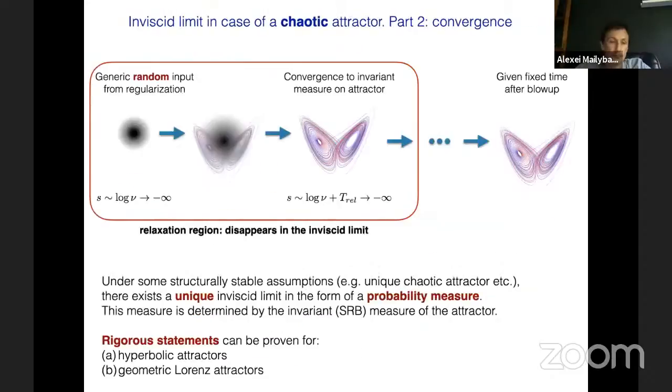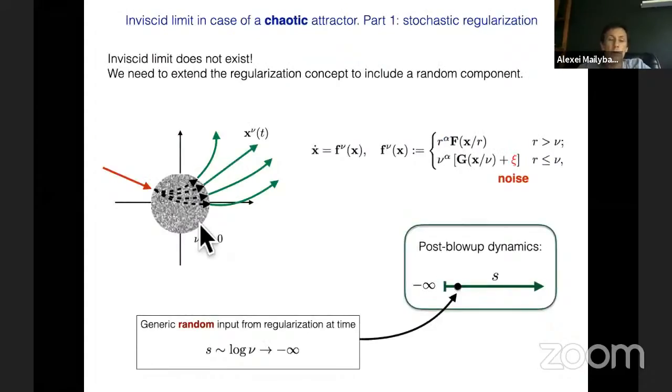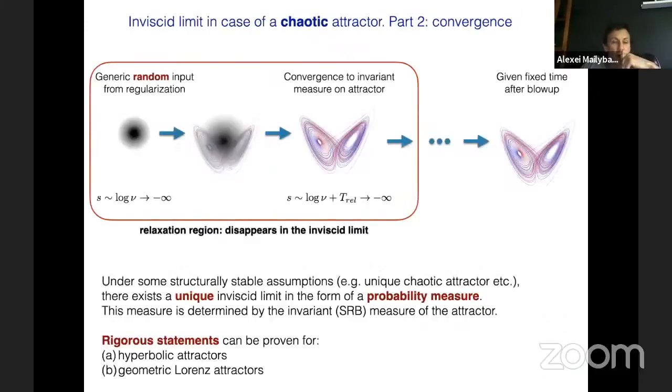Okay. So now, if the attractor was a fixed point, the measure will collapse to the Dirac measure, so it will essentially choose the deterministic solution, just the same solution that we considered before. But this is not the case if the attractor is random. So now what you have is that